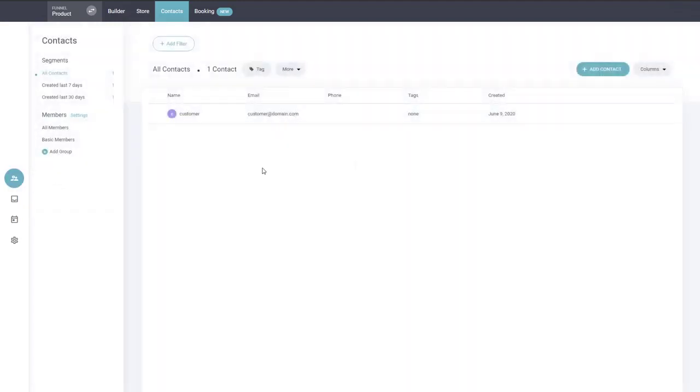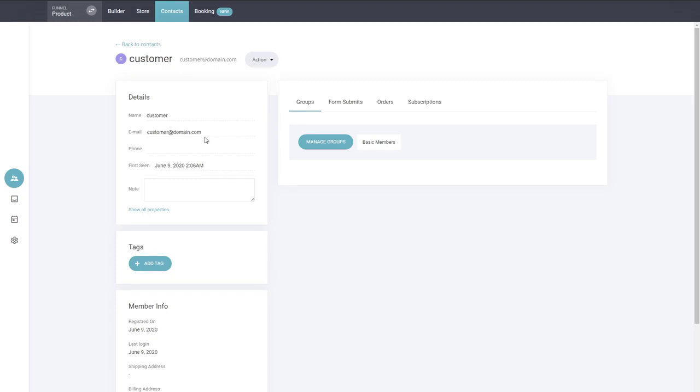This is the CRM. It's very easy and very smart and fun to use to manage all your leads, members, and see a lot of information about each one and how they're behaving on your